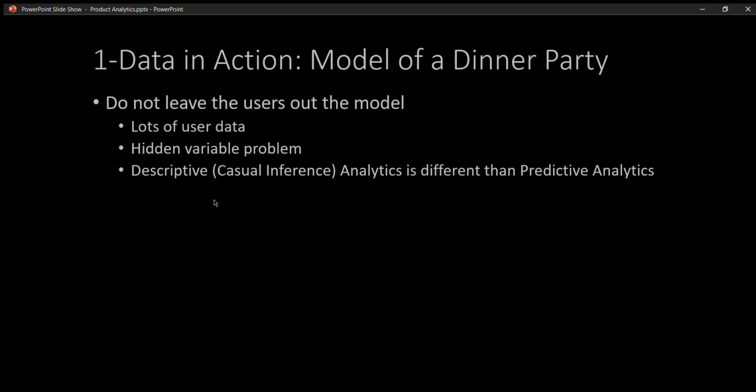Okay, so I'm going to discuss more about "do not leave the users out of the model." What it's trying to say is that there are lots of users and a lot of user data, and because of the advent of new technologies, we are able to capture lots of user data. For example, we are able to capture clicks on a website,